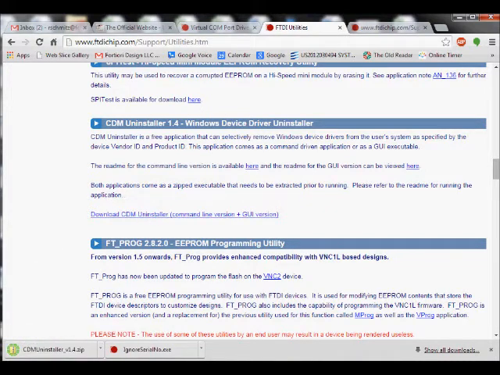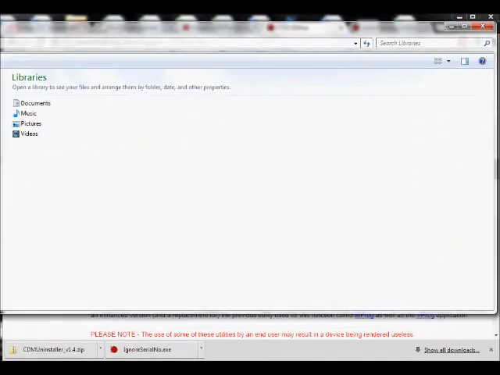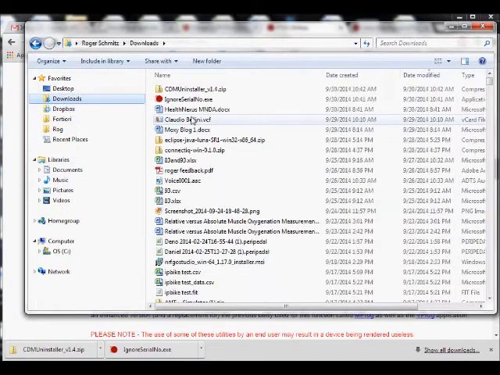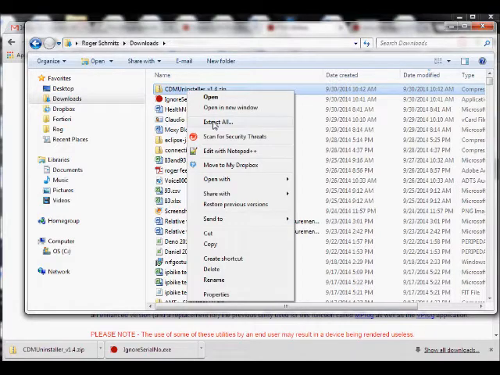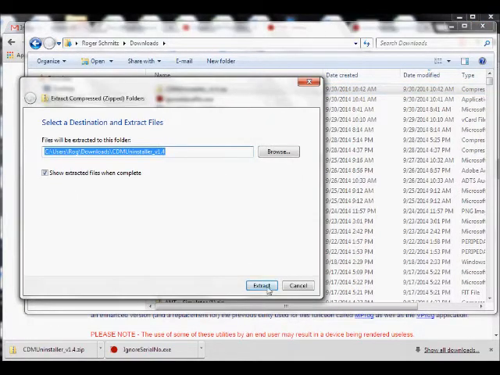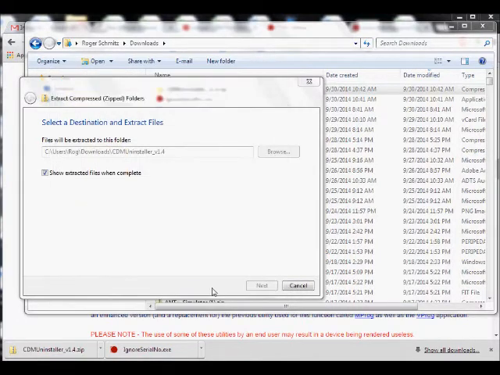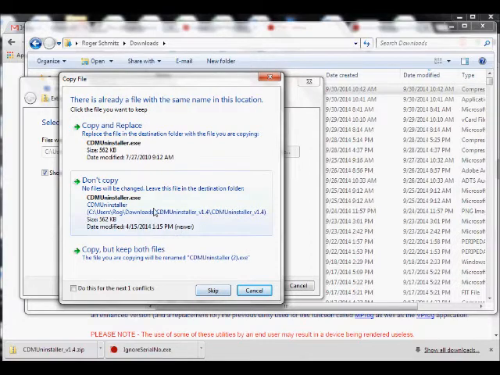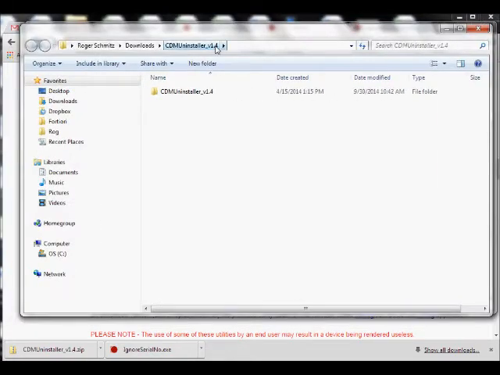Then I'm going to go to my downloads directory where these files are. And I need to use the CDM uninstaller first. So I'm going to right click on that and click on extract all, and we'll just let that extract right here. I've already done this once before. You shouldn't get that error. Copy and replace. Okay, so now I've got the CDM uninstaller